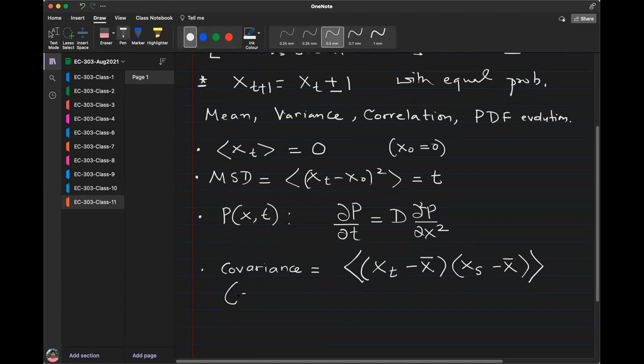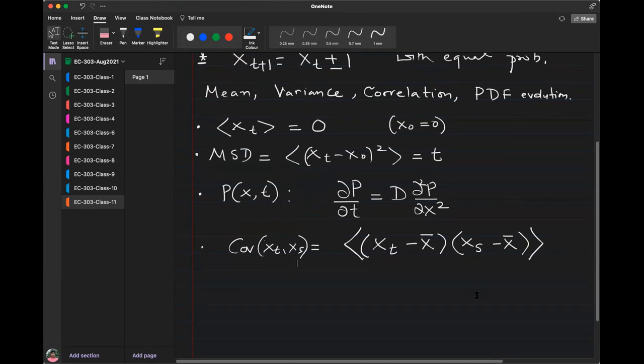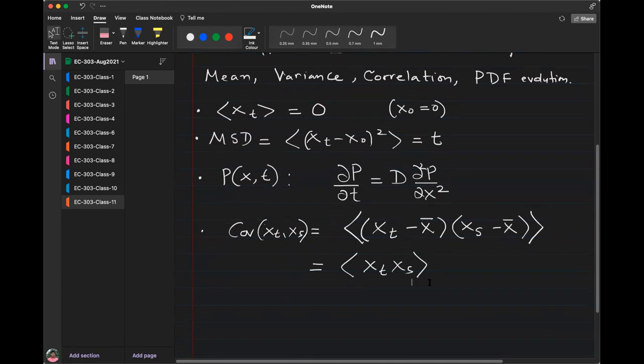So what we really have on the left hand side is the covariance between xt and xs. And instead of xs, I can replace it by y, another random variable y. But here we are looking at covariance between two time steps. So let us see what this is. Okay, now we know that the mean is 0, right? In this case, so this is 0, this is 0. Therefore, the covariance basically becomes a simple expression, which is the expectation of xt xs. Okay, it becomes a much simpler expression now.